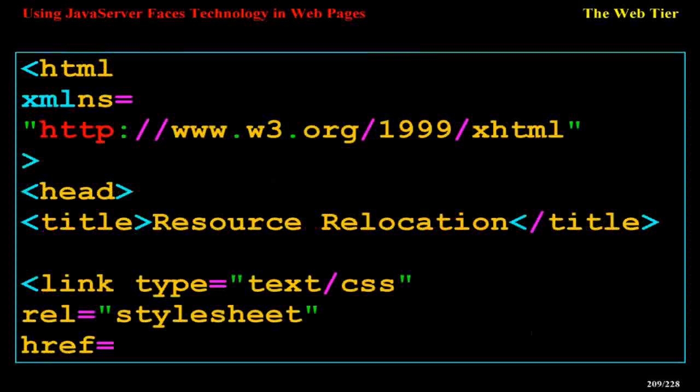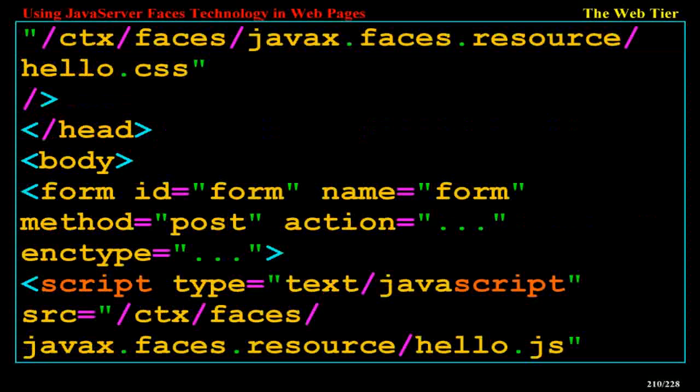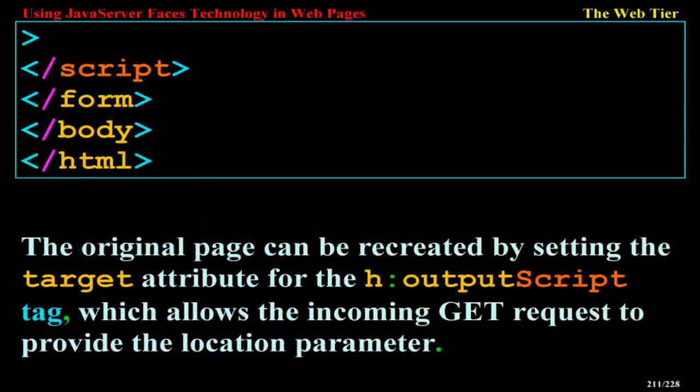<html xmlns="http://www.w3.org/1999/xhtml"><head><title>Resource relocation</title><link type="text/css" rel="stylesheet" href="/ctx/faces/javax.faces.resource/hello.css"/></head><body><form id="form" name="form" method="post" action=""><script type="text/javascript" src="/ctx/faces/javax.faces.resource/hello.js"></script></form></body></html>